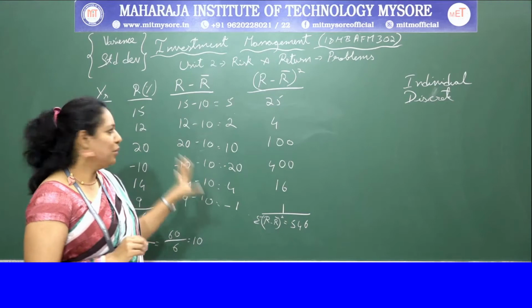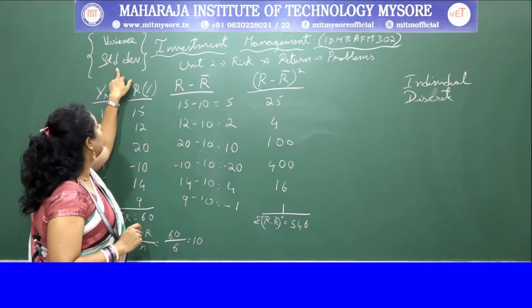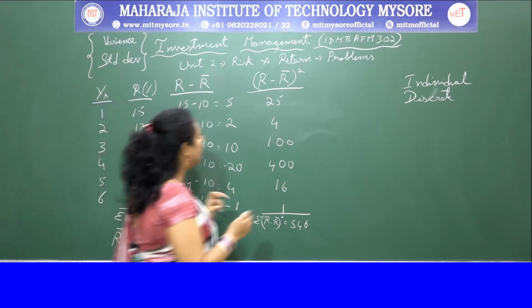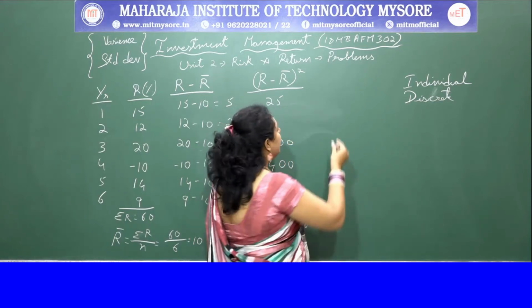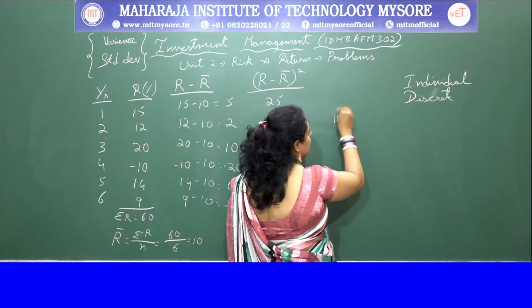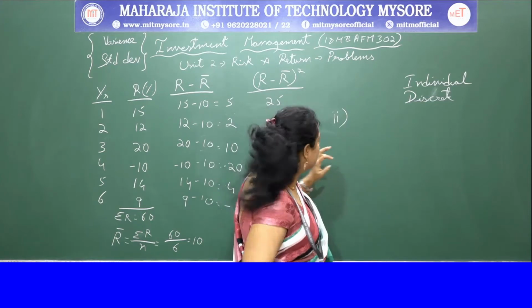This is the basic of what we have done. Now we'll put the formula in order to calculate the standard deviation and the variance. First I'll do standard deviation and then we'll go for variance. It is vice versa, even though it is our second question, they have asked standard deviation. So the standard deviation formula is, I'll make space for both.